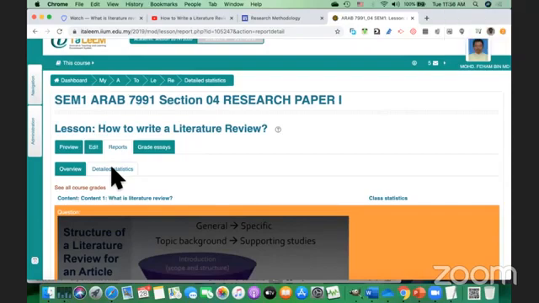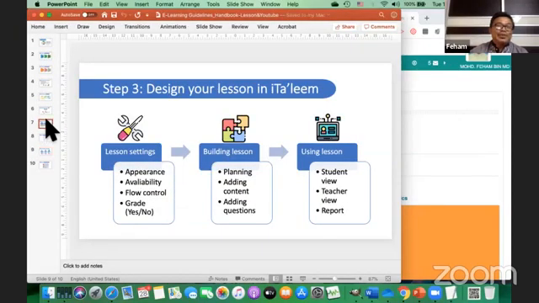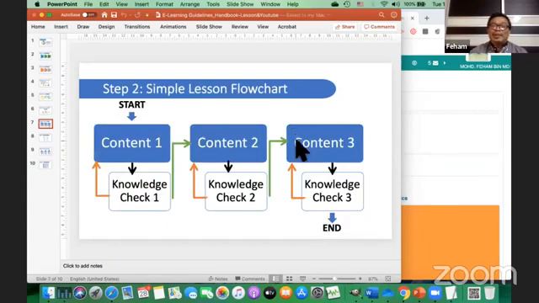Okay, thank you. Assalamualaikum, Dr. Feham. Yes, I'm Izzuddin. Can we make it so that if the students cannot answer or didn't answer the questions correctly, then they cannot move to the next content until they answer it correctly? All that depends on the flow that you want to implement. So how do you want to implement it?